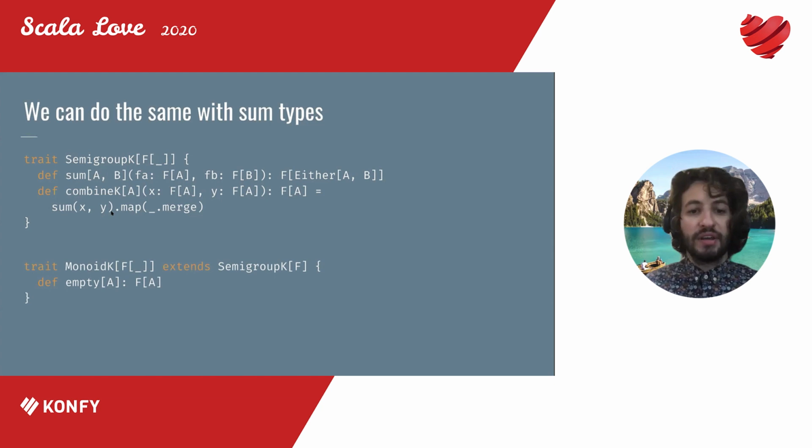And then with MonoidK, which is similar to our sum monoid we saw a slide earlier, instead of having this nothing function, you have this empty function, which is just for all A, F of A. And basically in Scala, this means that because this is a universal constraint, this could be anything, and this could also be nothing. So these are also identical.